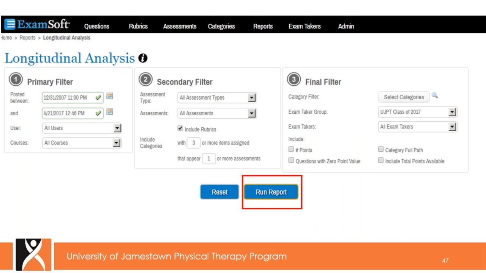And here you can select the exam taker group. Once I've selected the cohort of the class of 2017, if I want to look at specific exam takers, I can. I usually don't. I usually look at the whole cohort because I found that if I want to look at one student who's a problem child, and I just pick that student,